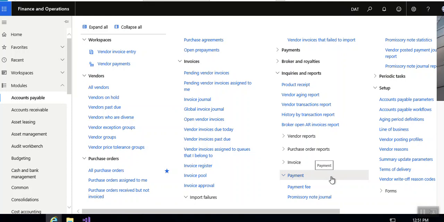In some other videos, we will obviously post by entering some data in the transactions, vendor, purchase orders,